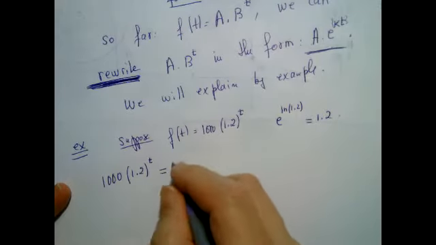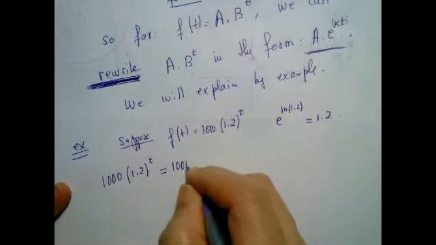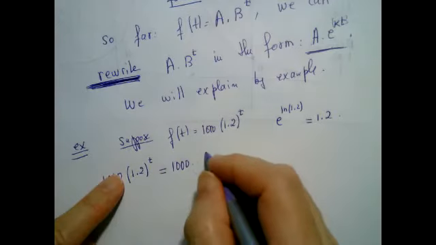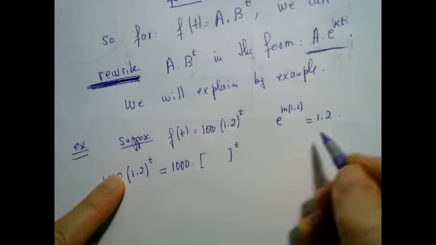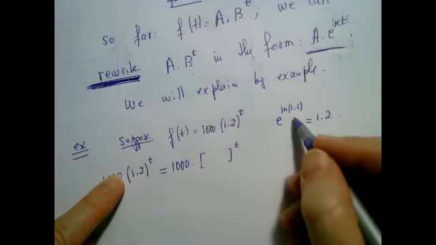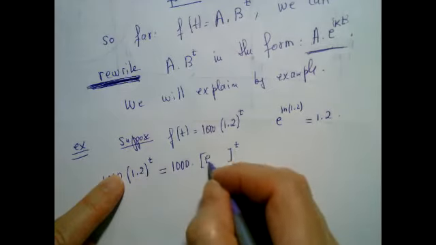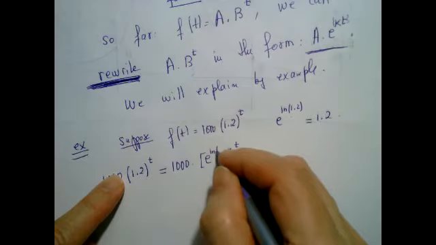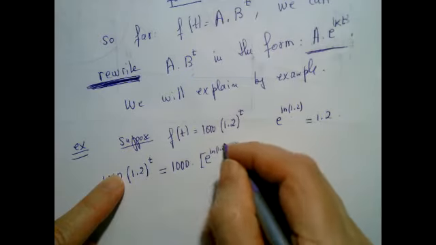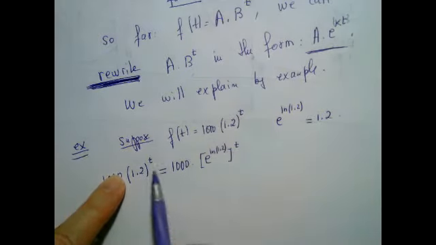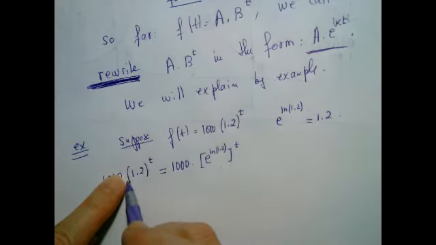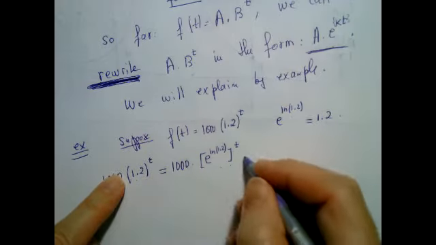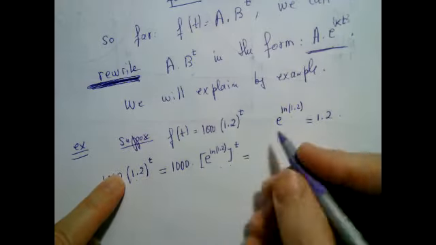It's going to be equal to 1,000 times. Now, instead of 1.2, I'm going to play a game and write this in the form e to the ln of 1.2. Notice I am not altering anything. I am rewriting. 1.2 is the same as that. Okay. This is equal to